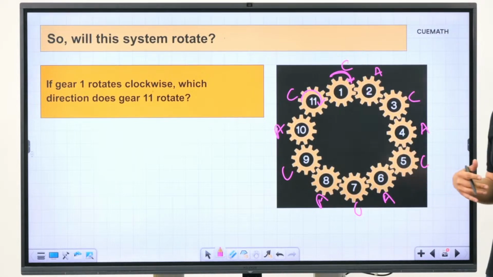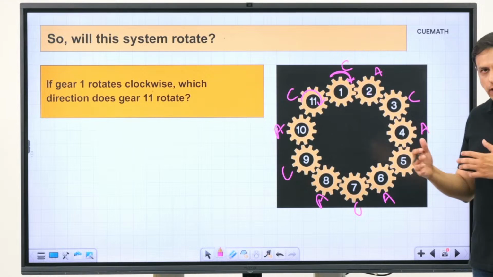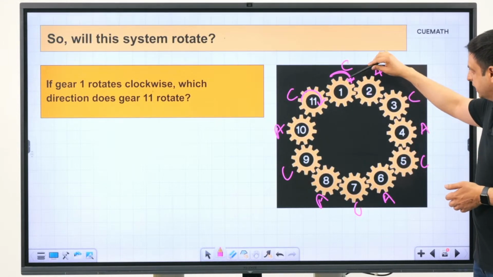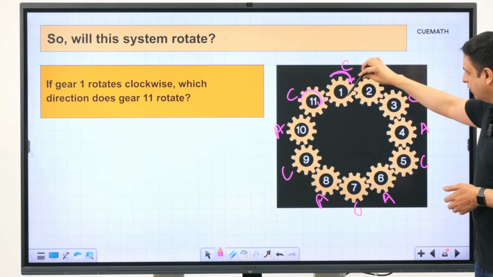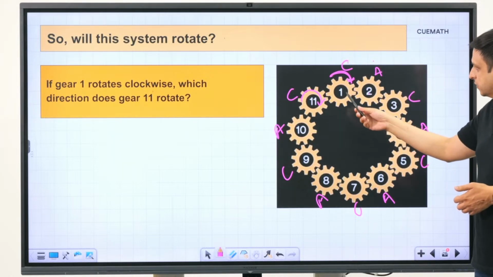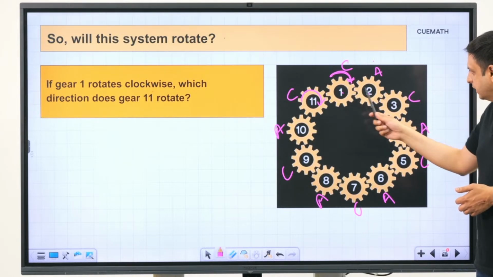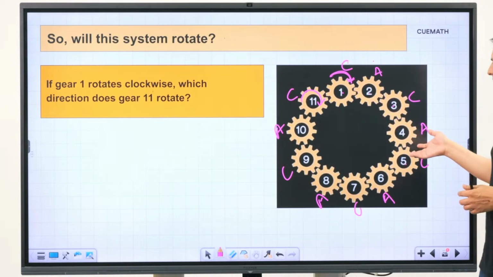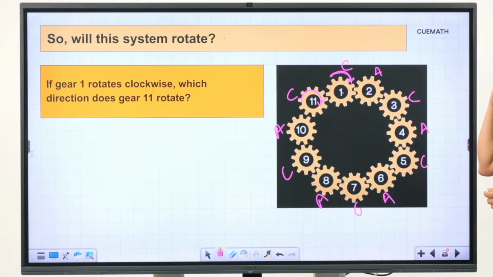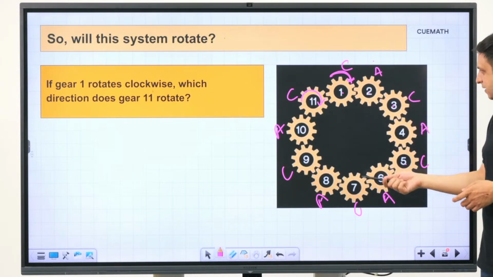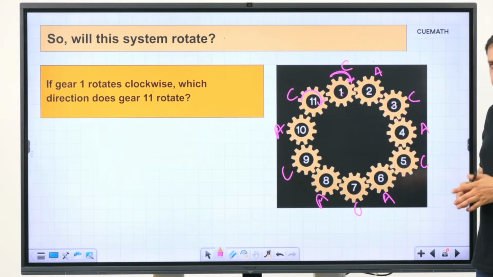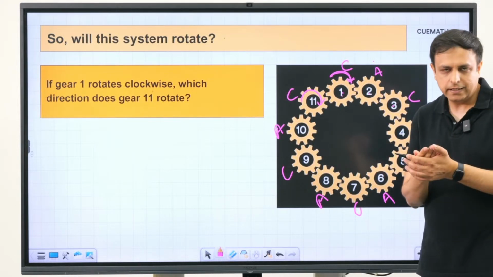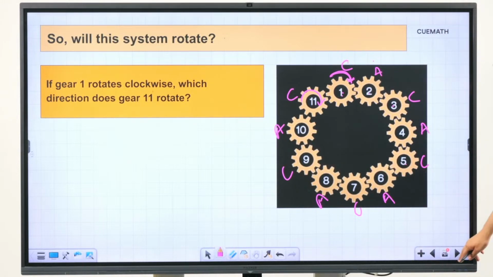It's a very beautiful application of the idea of parity once again. How does parity figure in here? Because you see that the parity of the number decides the direction in which it rotates. Here, for example, all the gears with odd parity are rotating clockwise, all the gears with even parity are rotating anti-clockwise. Just by looking at the diagram, we can immediately say, look, there are 11 gears in this, and the first and the 11th gear should be rotating in the same direction, but they are also adjacent, so therefore, the assembly will get stuck.